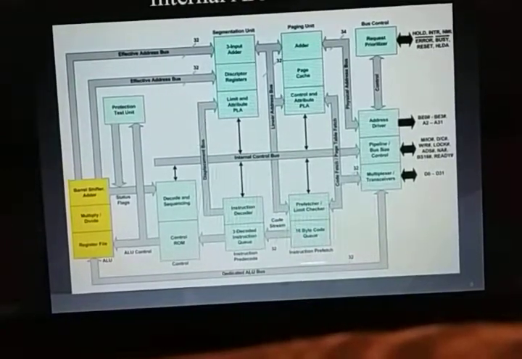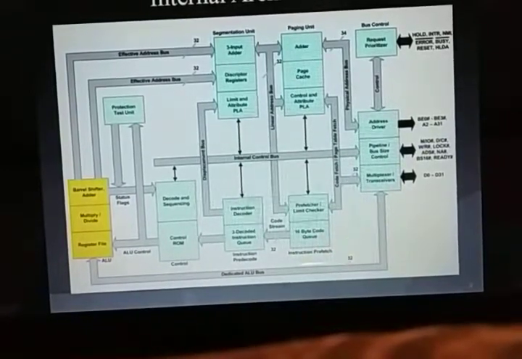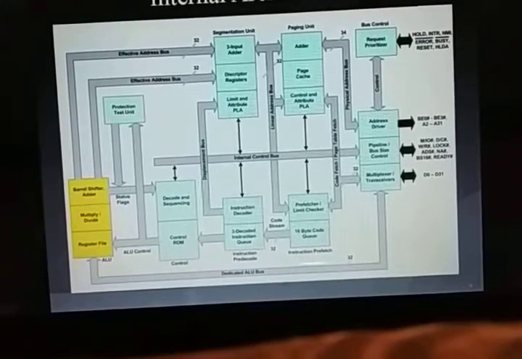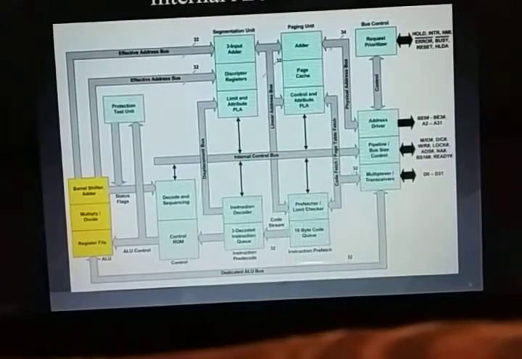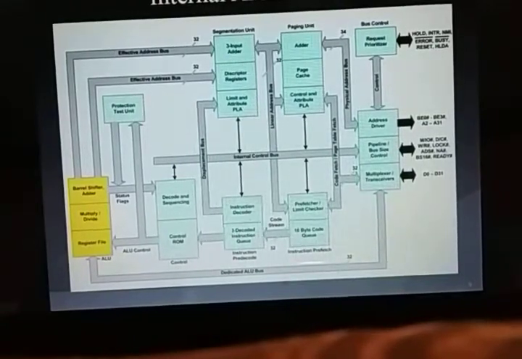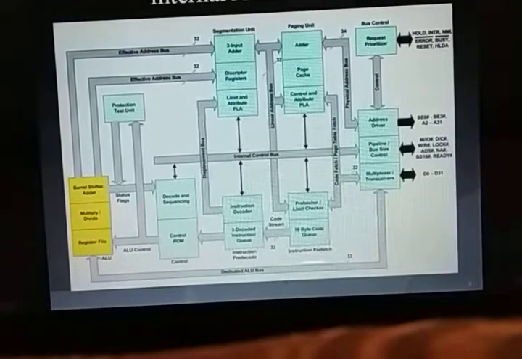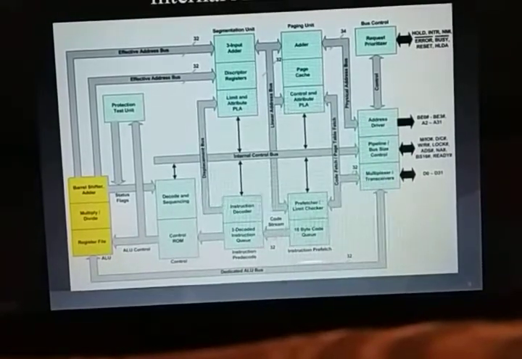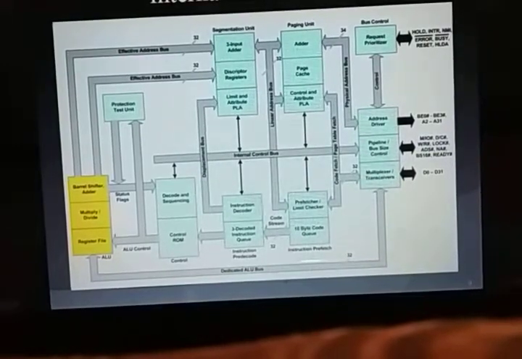Then the bus interface unit. You can see here that the bus interface unit first contains the request prioritizer field. What is the request prioritizer? The request prioritizer field basically resolves the priority between processes, meaning which process will be executed first. So the request prioritizer deals with this type of thing.